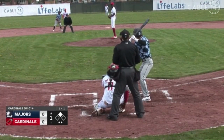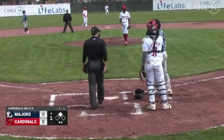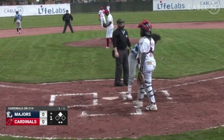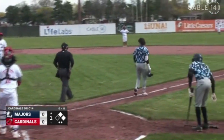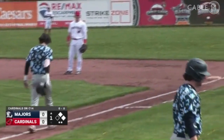That's the peek back to Diolio. Delivers and caught for Hoven running to the inside. And it's back-to-back hit by pitch. He's asking for a new baseball out here too, but I don't think that's intentional. I think the curveball is just...